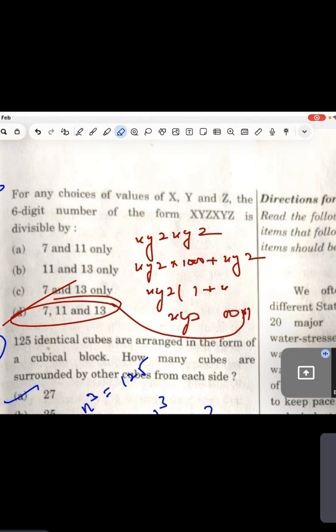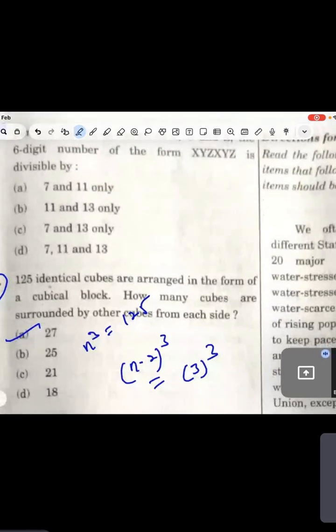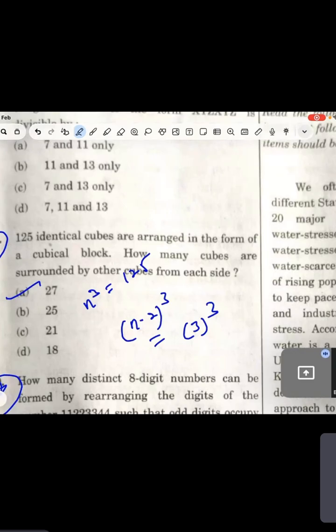So guys, I think the better is that you mug up this thing. I told you now UPSC always repeats. See, in a single paper they have written this number 2 times. So 7, 11, and 13. UPSC loves this number. I don't know why they love it. I think this is the phone number of somebody. I don't know. It's okay.